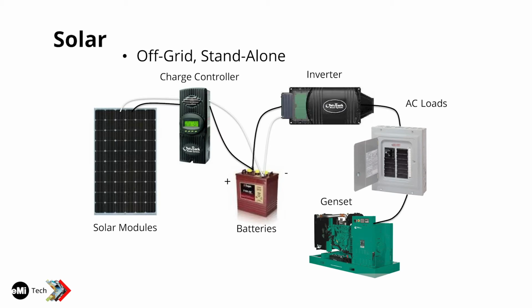We've got off-grid standalone systems. So these are where you still have the battery and the solar module and the load, but then you have an inverter to be able to take the DC power and go to AC for the AC loads, and you'll have something to actually help to control that maximum power point so that you're harvesting the maximum amount of the solar power, you're not overcharging the battery, it's helping with the charge control, and this is the inverter, and then you often have a backup genset or a generator.